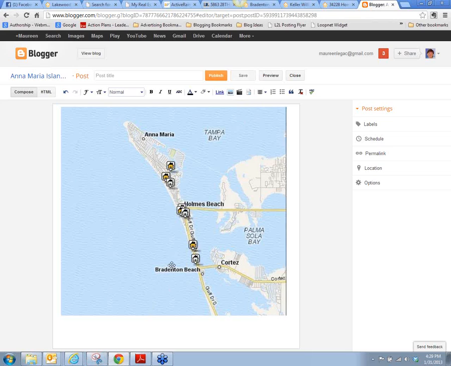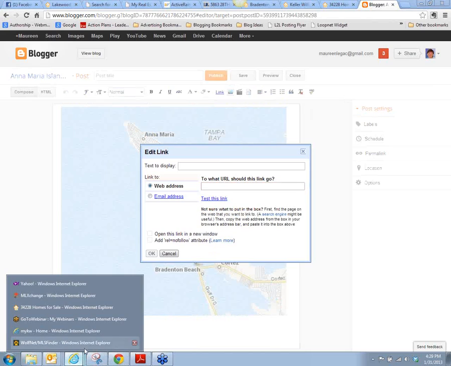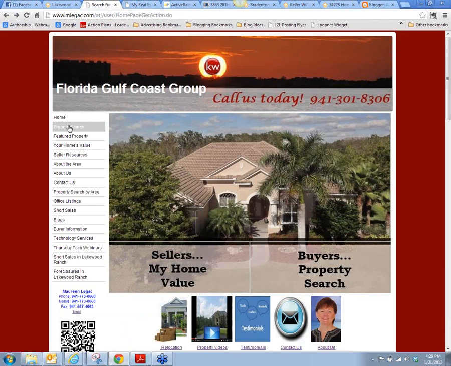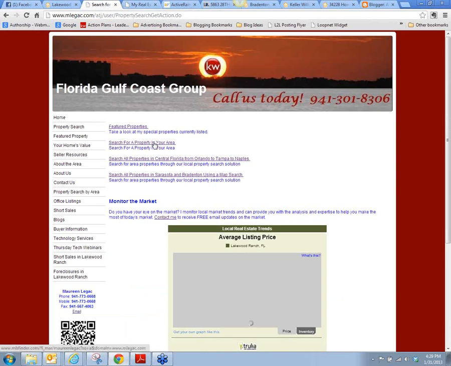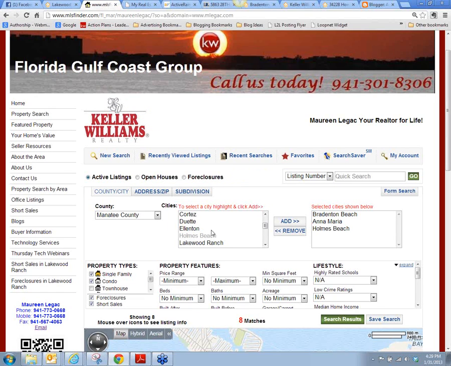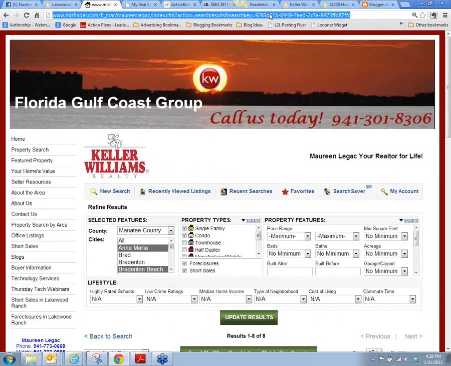And it's going to link to, God knows what did it link to, but hold on. I'm going to click to link. And it says, what do I want to link? And I'm going to go back to the page that had the search. I go back to the property search, and I find that search for the beach. And I go back here, Anna Maria, blah, blah, blah, and here's the search, and I get the search results. And then I take the link from the top and copy it, and I go to